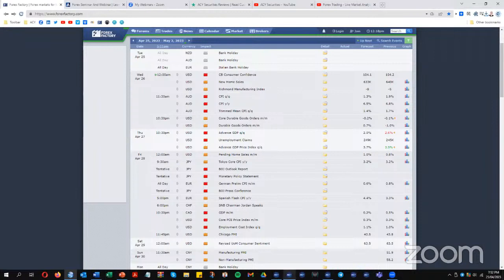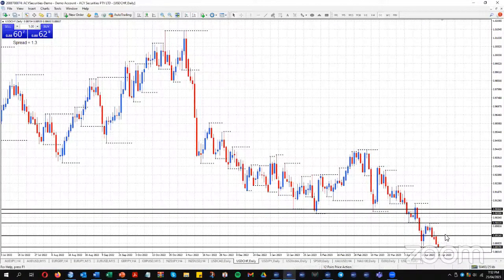So, not a pair at the moment that I think you want to stand in the way of. If it did get back above 89.26, that monthly level that we've broken below, then yes. So at the moment, if you want to trade this pair,